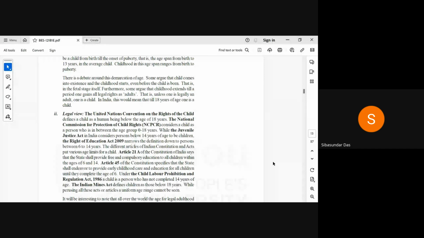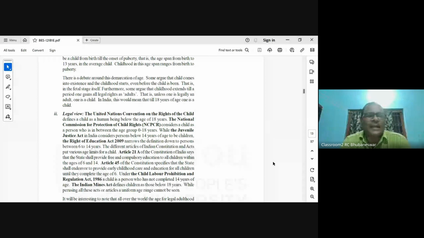Very good, very good. So, very simple difference is Article 21A is a fundamental right and Article 45 is a DPSP. Fundamental right means the state must take care of the child's education, otherwise the child can go to the shelter of any court of law. But Article 45 is a directive principle of state policy. The state may or may not